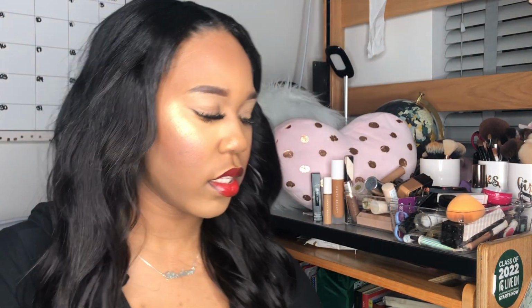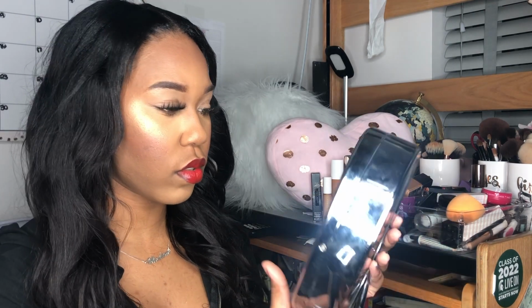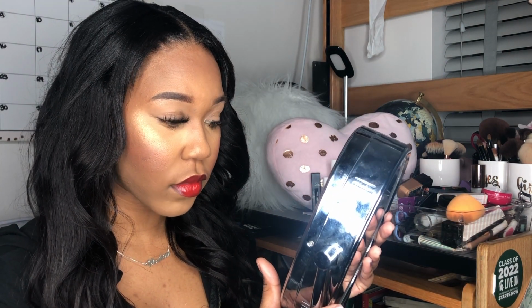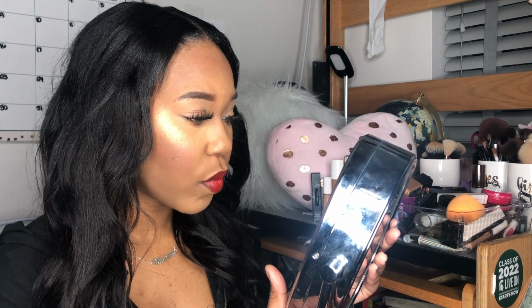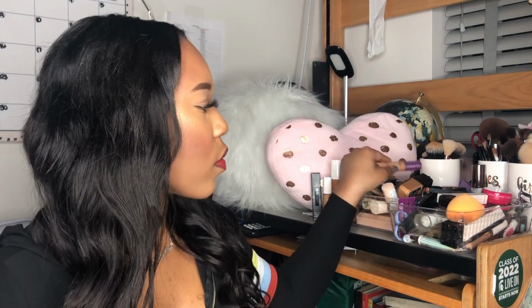And I actually took a look really close myself. I have this dual-sided mirror that comes really close, zoomed in, and I want to say I really do like this concealer. I really do like it. I mean, it's not giving me 100% full coverage like my Tarte one does, but